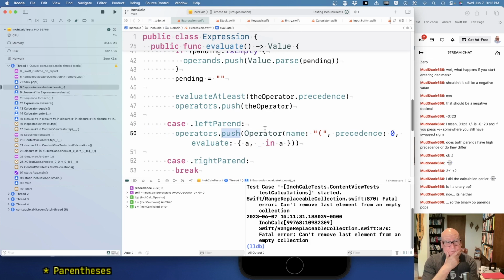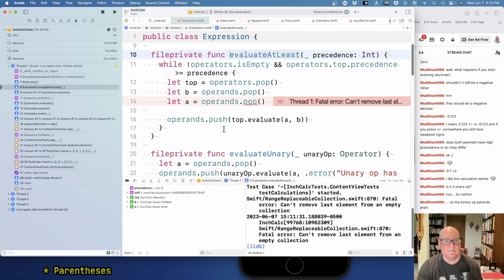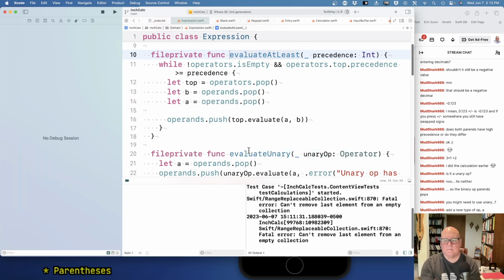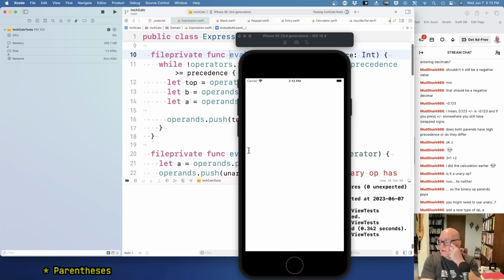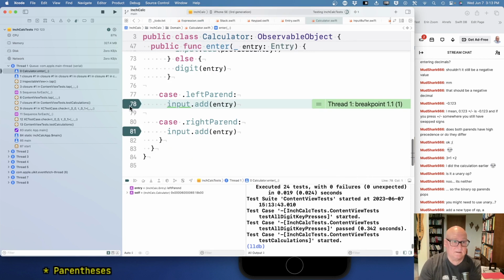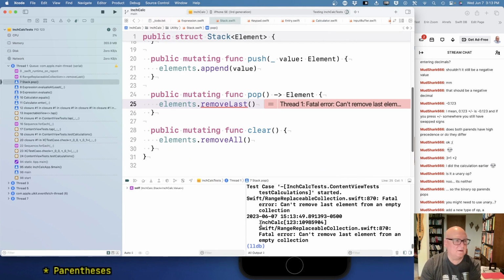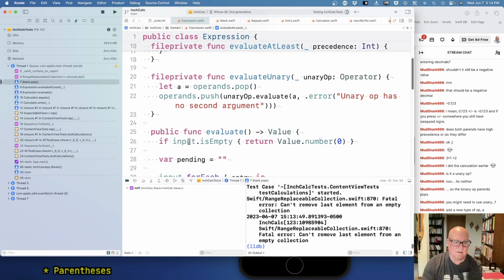So you come in paren 3 plus 2. All right, the plus is going to say evaluate at least, and while the top is higher, it's not, it's lower. Okay, so, well, yeah, I mean, it kind of is that. All right, let's skip these. No. Oh, it may be that I'm not handling my right parenthesis. Okay, let's